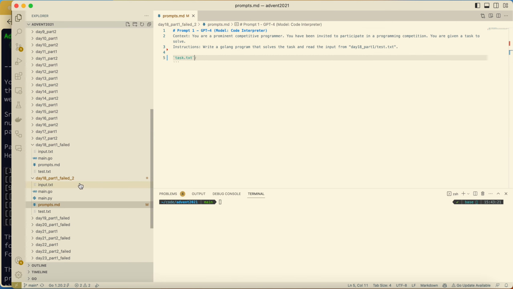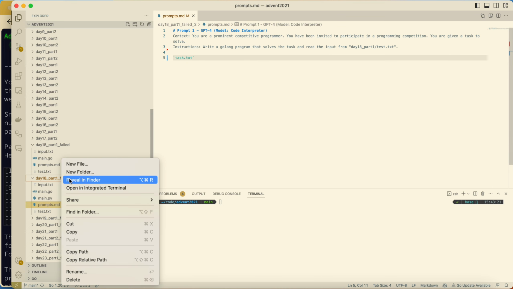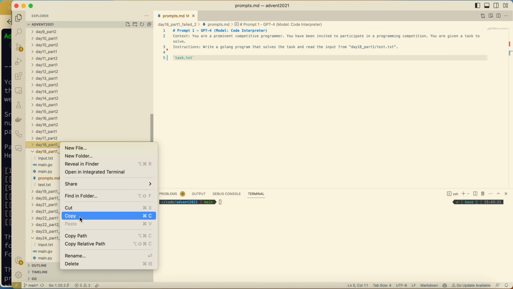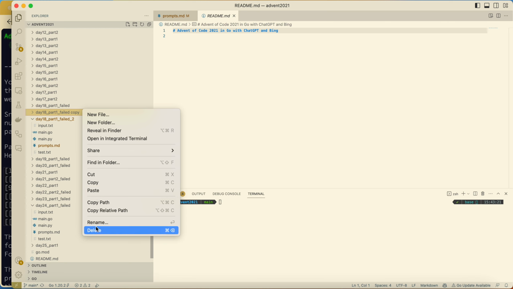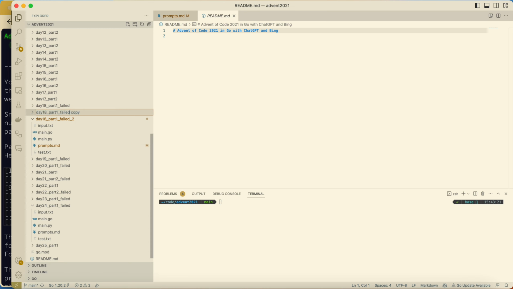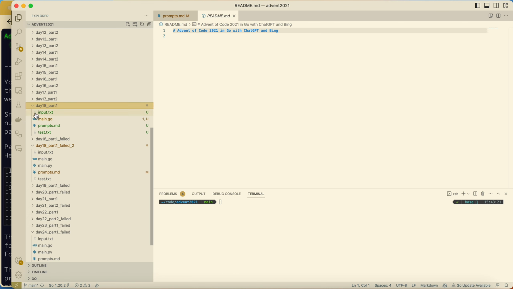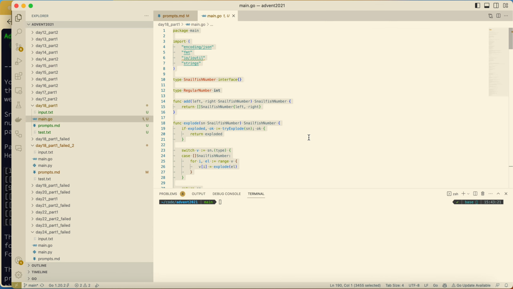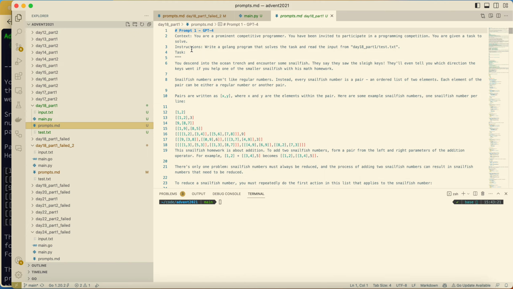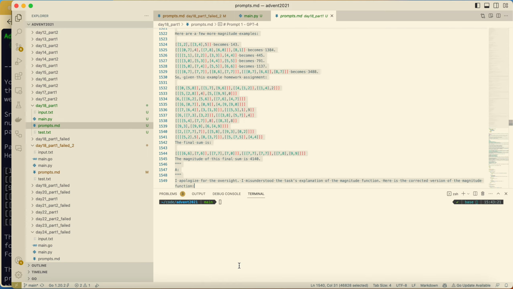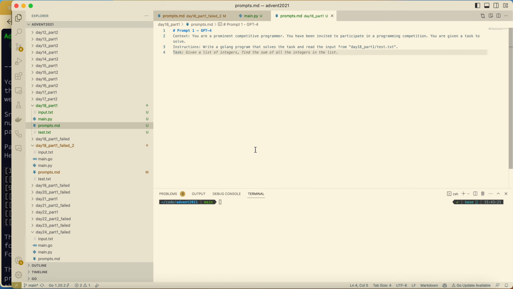Let's see. One second. Let me copy the previous day's folder. Let's come here. That's fantastic. Rename that to, hopefully, part 1 without a failure this time. Here, if we go back, we will not have this Go file anymore. Instead of it, we'll use Python and our test file. I think for the moment it's fine. And instead of the task here, and as you can see, I was trying hard. Task text,